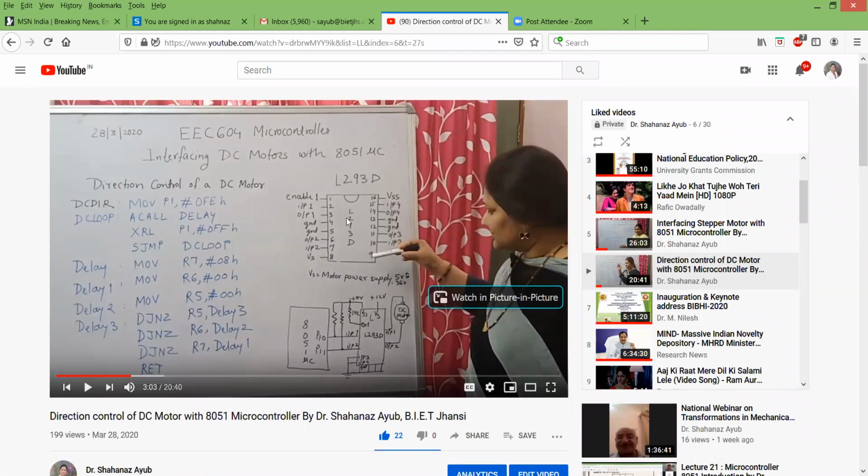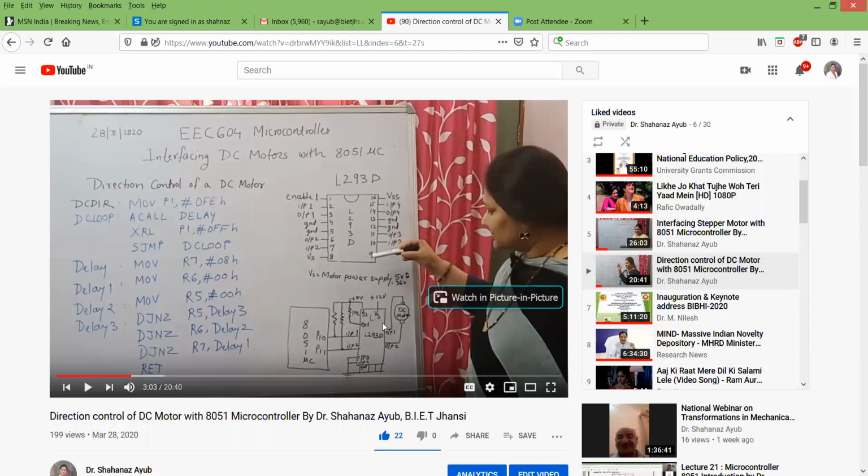Because this has 4 drivers and we are using only 2, the 2 unused inputs we are grounding, because we are not using them. They should not get any floating inputs, so that's why we are connecting them to ground.